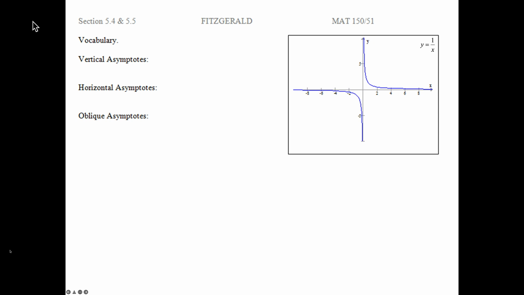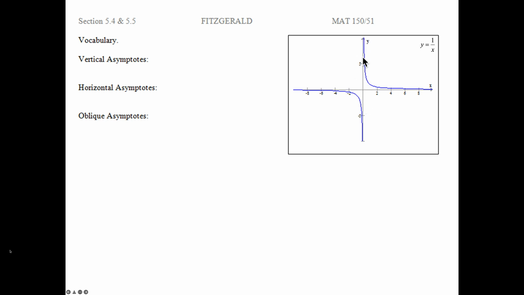Here at section 5.4 and 5.5, we're going to focus on rational functions. Our rational function is just basically, over here in the upper right-hand corner of my graph, 1 over x. That's its basic format. Because of 1 over x, you're going to have what we call asymptote lines. Now, we know that when x is in the denominator, x cannot be equal to 0, so that's your